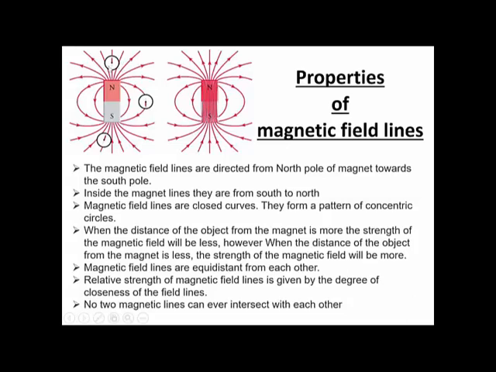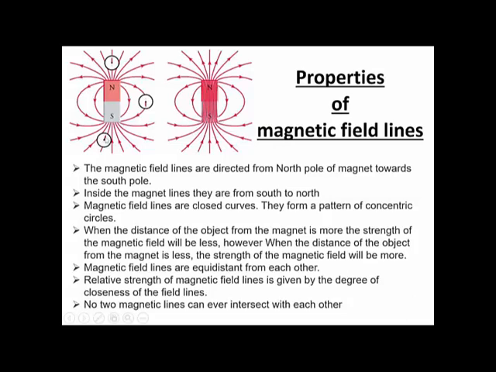This round black one is a compass. Now, suppose I keep the compass here, look what happens to this red pointer of the compass. Where will it point to? North. Very good. North direction is always going to be the same. Here, suppose it is showing north direction, and suppose this also is showing north, right?